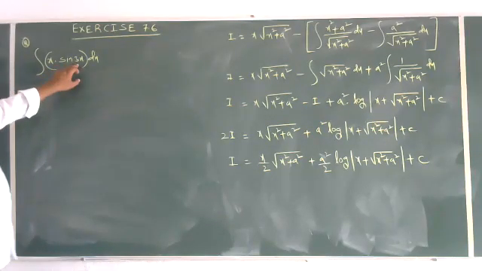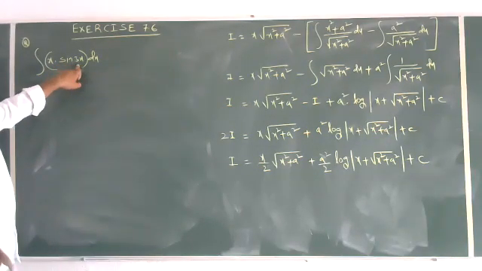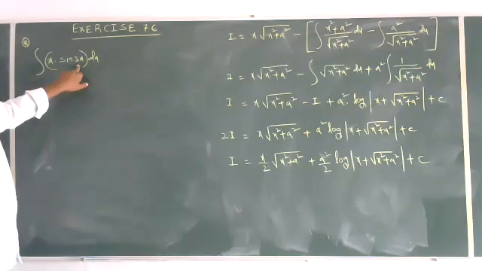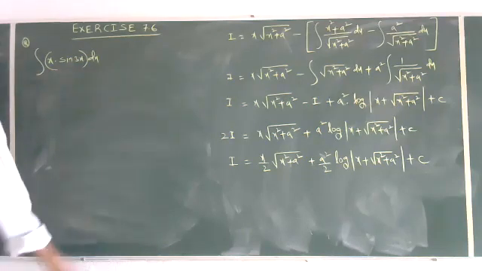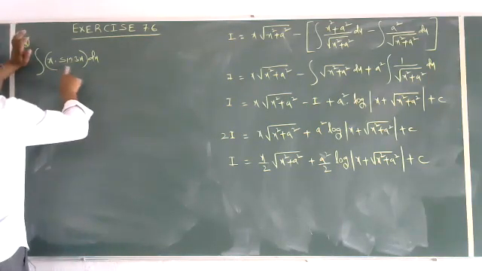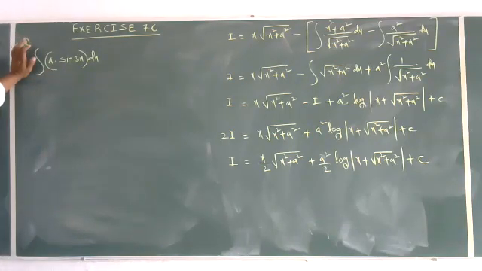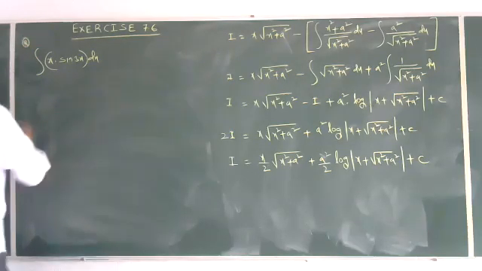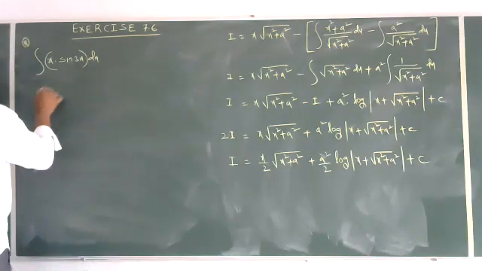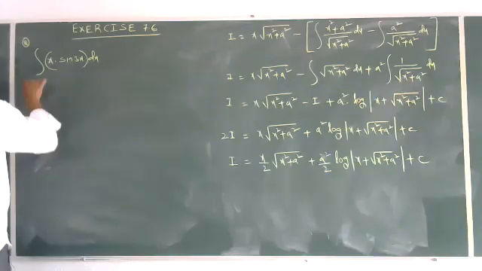Here we can go for substitution, then integration by parts, or you can use the chain rule. That is the simple way. Here one is a trigonometric function and another is an algebraic function. So which function is the first function? The algebraic function is the first function. That is right. Integral solution.